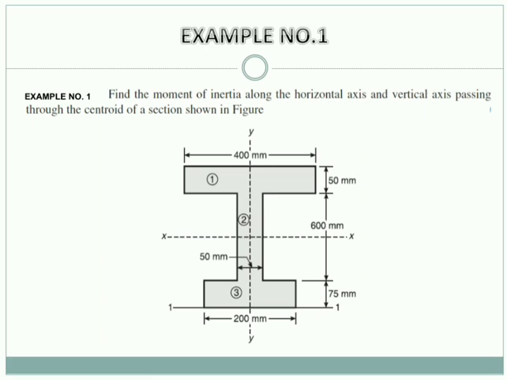Now when you observe this figure properly, what do you understand? If we cut the figure vertically, left and right will be the same. But if we cut the figure horizontally, top and bottom won't be the same, because the flanges are of different width.